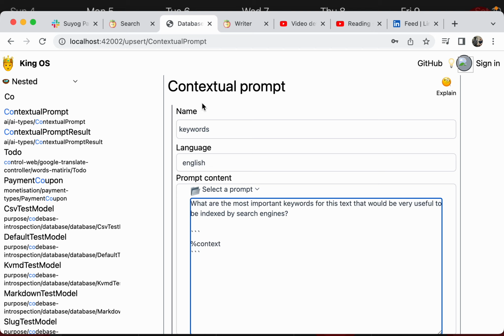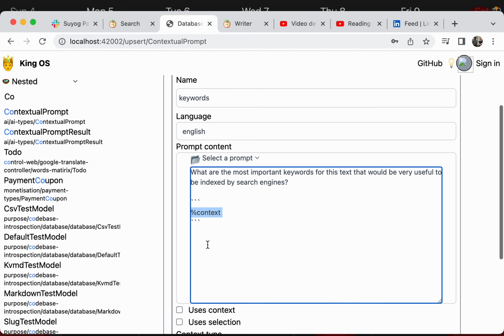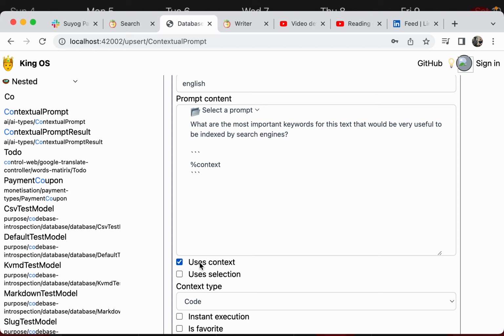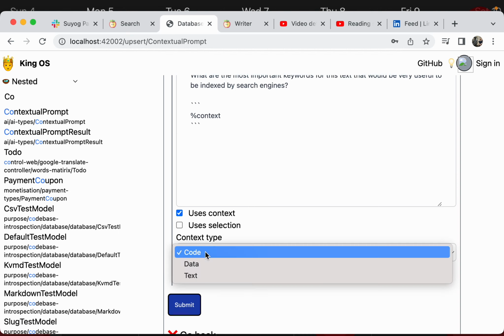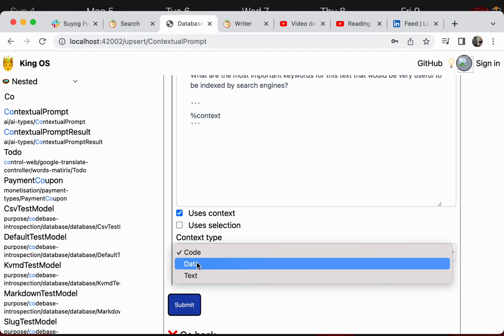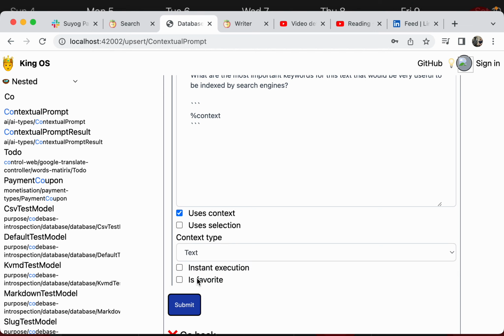Contextual search engine. So I can basically create a prompt like this. What are the most important keywords for this text? And I can say the context, which is gonna be a page or a file that you're looking at. Then I can say it's searching in the context. It's using that. It's not about code, data, or text. It is about text in this case,